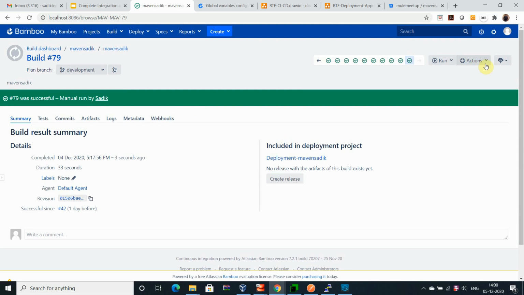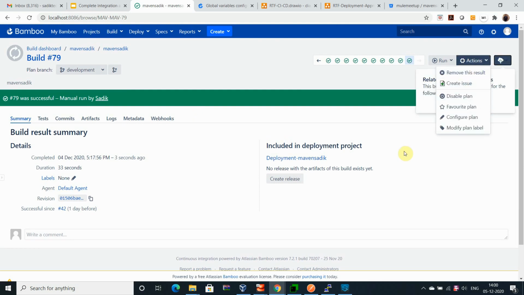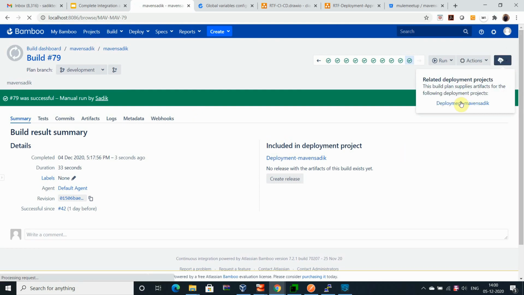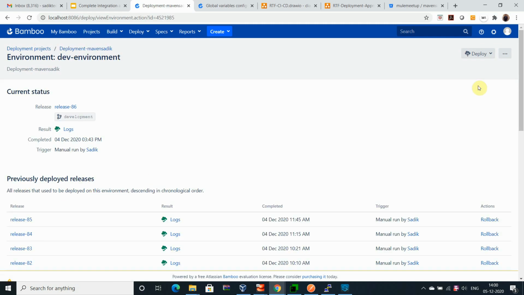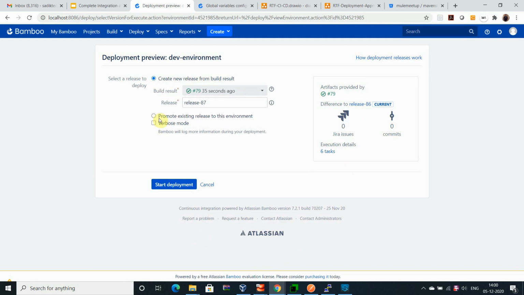Now what is the next? Next is that we need to deploy on the environment. The environment which I have associated with this plan, as I explained earlier, I need to execute this plan. Anyway, I'm not going to explain all this part over here, but with the help of Bamboo, you can release the code on the environments which I have associated with the build plan, and the task which I have associated with all the environment.